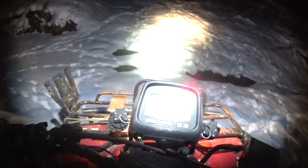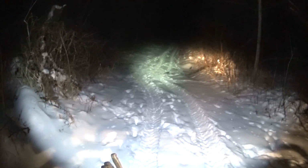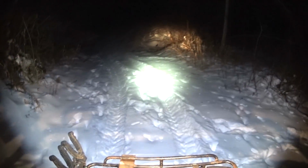Oh boy. Well, we're all right. You can see there. Pretty awesome. Puts out an awful lot of light. I can't believe that creek's still thawed. We've had a week of below zero weather. Look at that. Kind of hard to see with an action cam, but